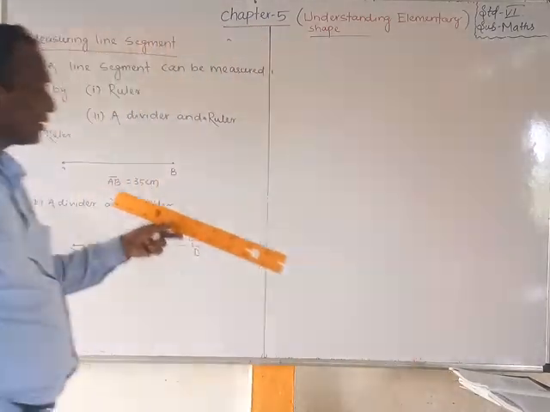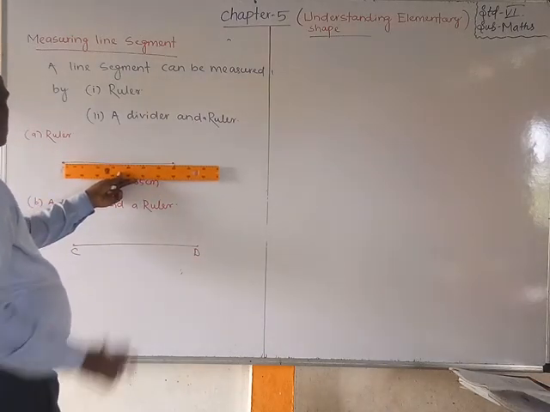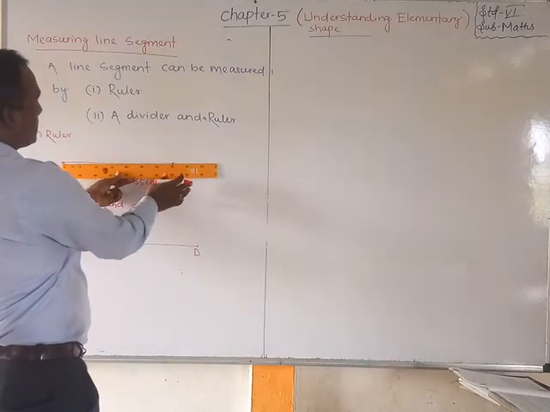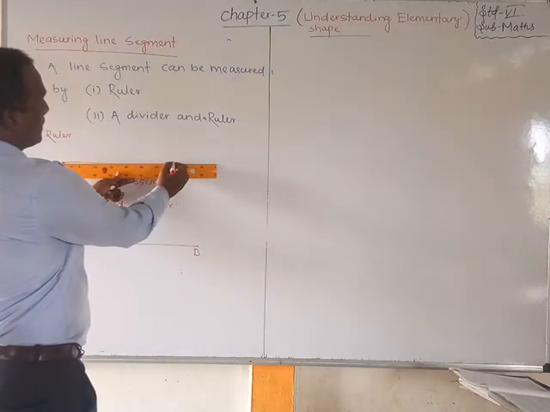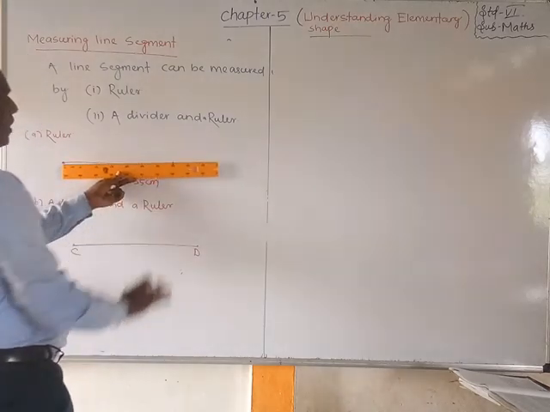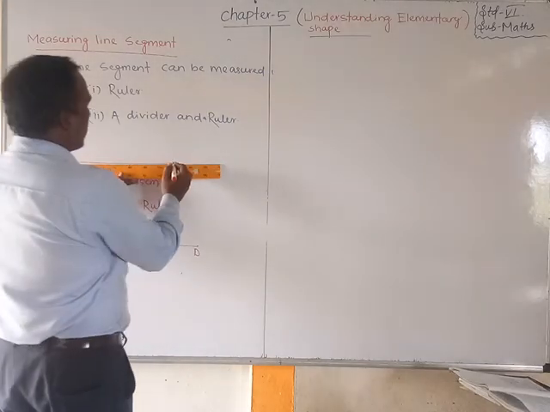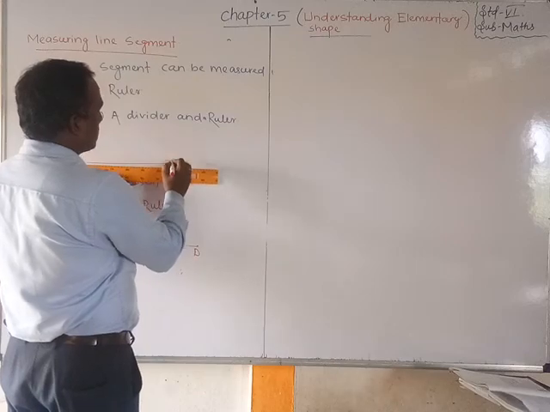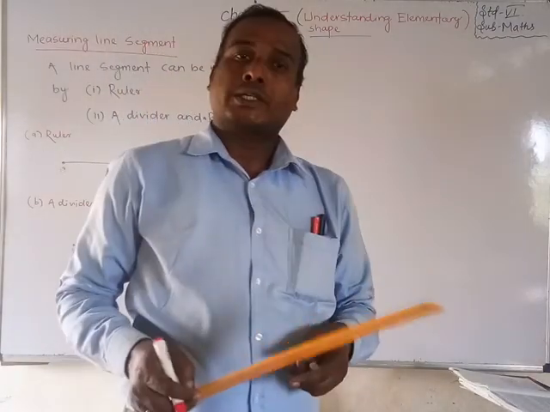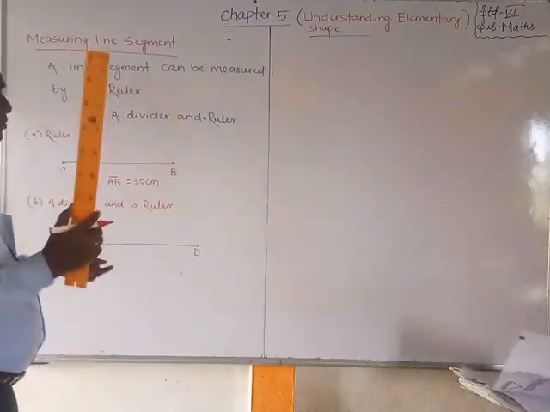So what you have to do, friends? Coincide the line with the scale, and the initial point must coincide. Then trace it like this and mark where it ends. Now 35 here. So this line and the scale line you have to compare and keep parallel. Then you can identify the end point. Mark the end point on your scale and note that point. That is called measurement of a line segment by ruler.